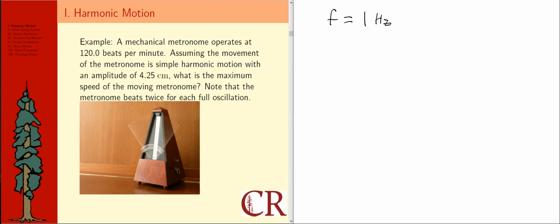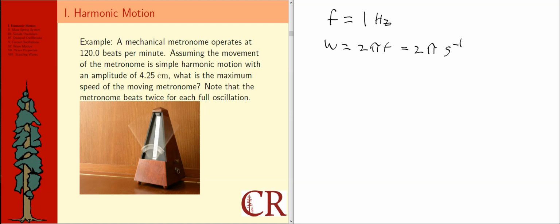Hertz as a unit is dimensionally equal to 1 over a second, but you can interpret it as the number of oscillations per second, which in this case was 1, and so hence 1 hertz. That means that the angular frequency omega, which is 2 pi f, is really just going to be equal to 2 pi